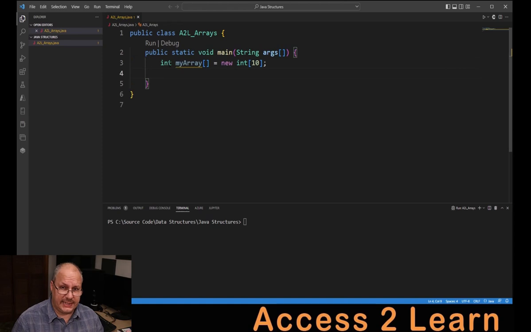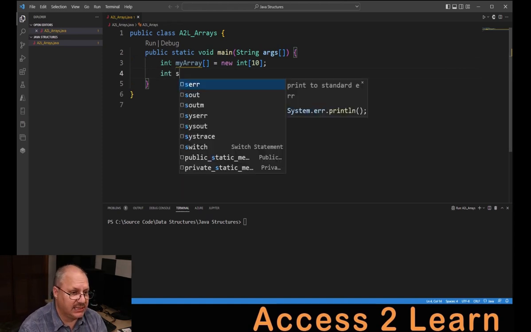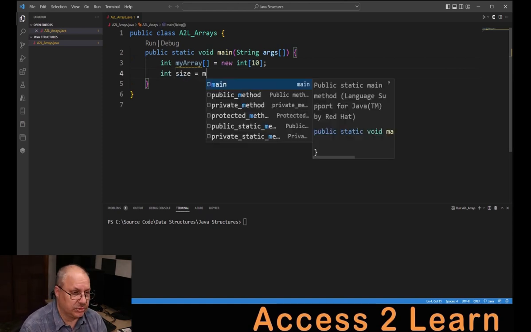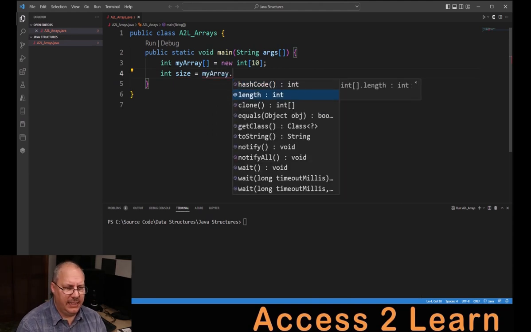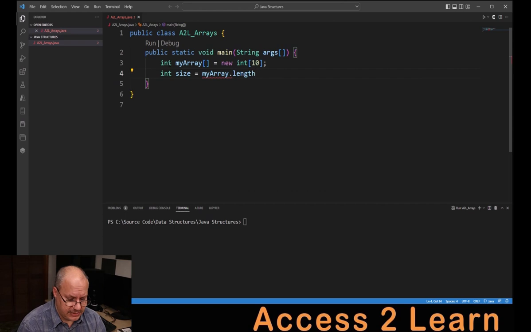Let's say I want to get the array size. Well, I could come in here and say size equals my array dot length. And length, you're going to notice, is a property that's publicly accessible that we can read. It's a read-only property, but it's a property we can read, and we can now get the size of our array. So if we come in here and say System.out